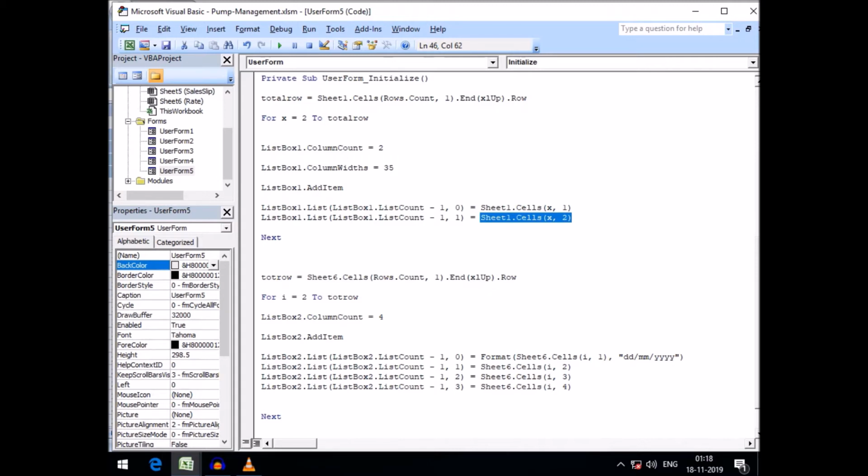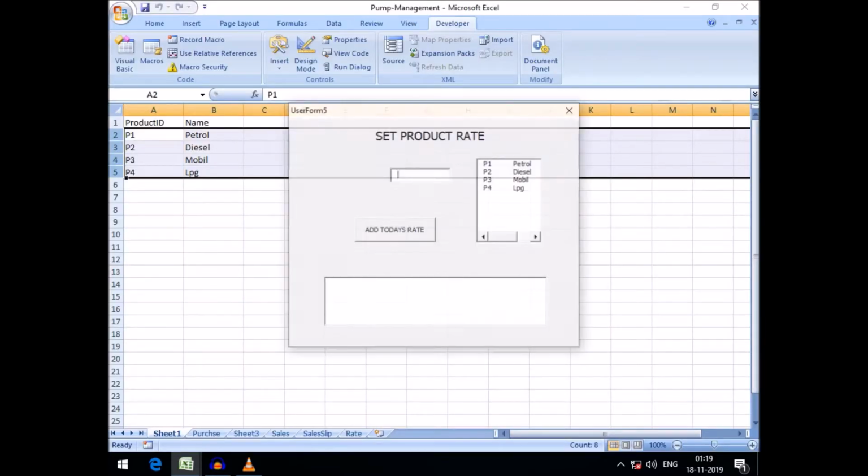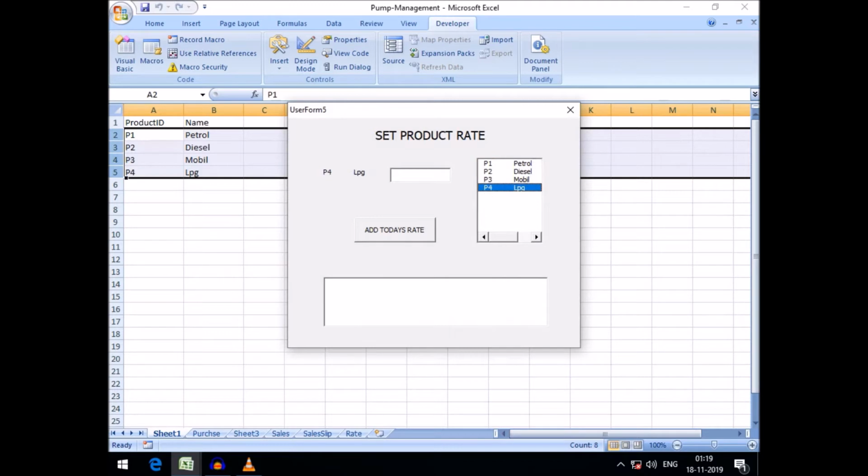And now friends, our list box in form 5, that is set product rate, will display these items here. And friends, if I click here, the product ID and product name are displayed in these labels. And friends,